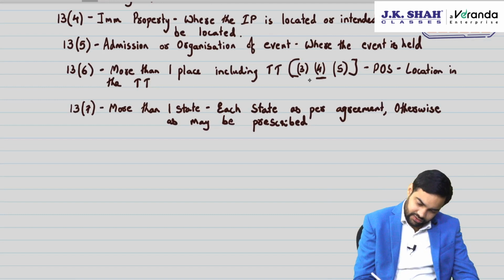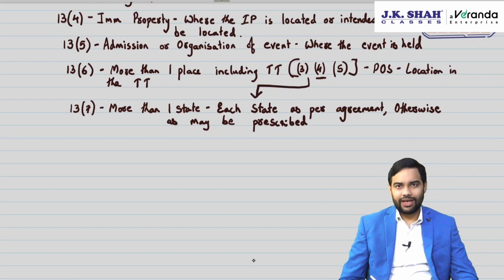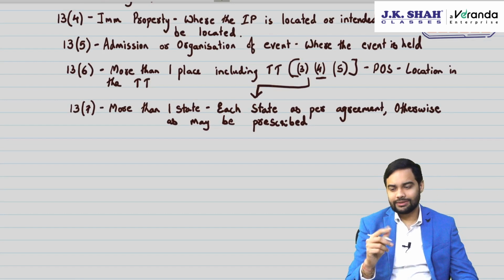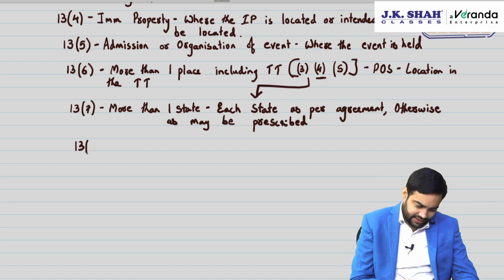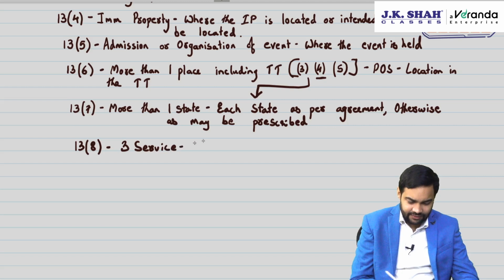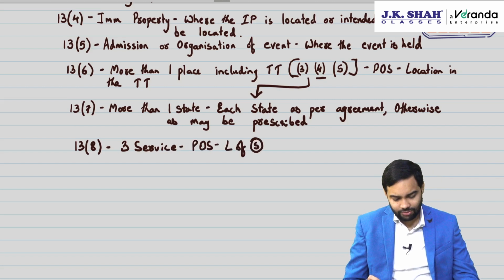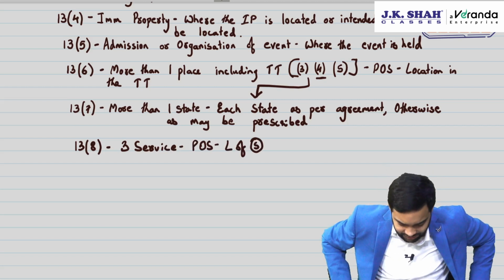But careful, this is also applicable for 3, 4 and 5. That means performance based, immovable property and event related. Then coming to 13.8. 13.8 says for three services which are covered under 13.8, the place of supply will be the location of the supplier. It's very dangerous now, because the moment you say place of supply is location of supplier,